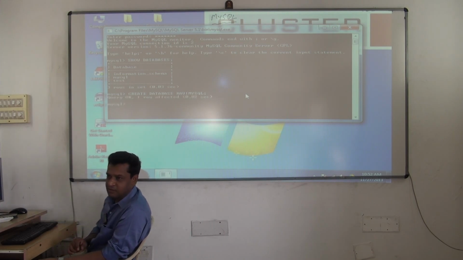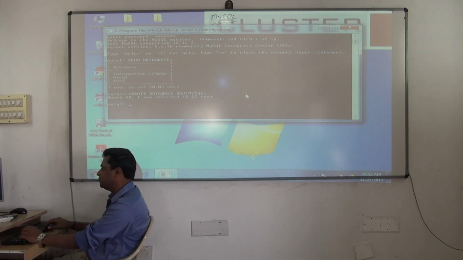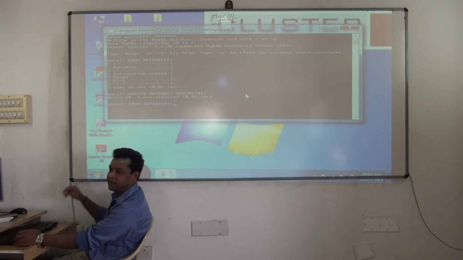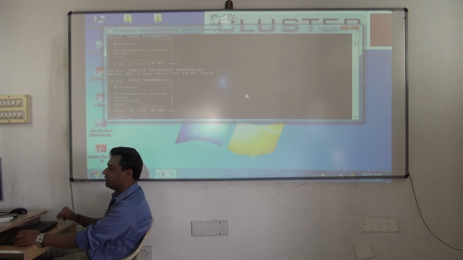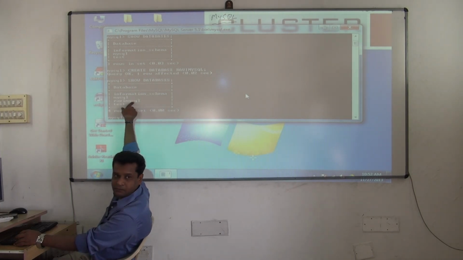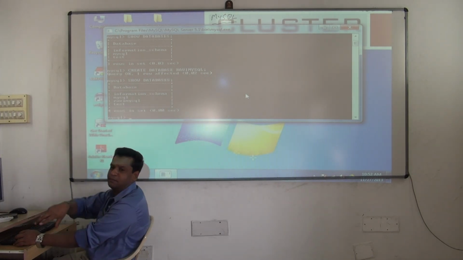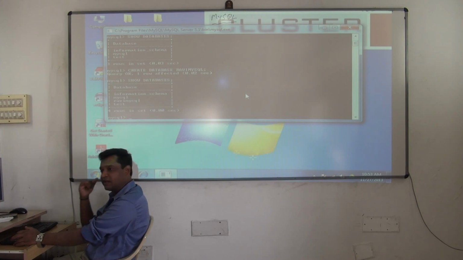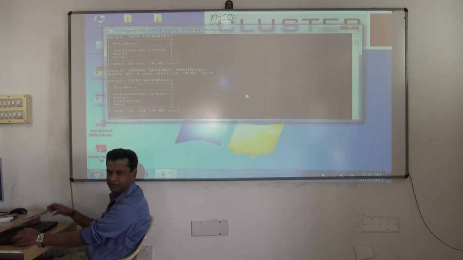Query OK. So all these queries are being submitted to what now? MySQL database. So now I'll execute the same query. Which one? Up down arrow key you can use. You'll get the previous queries. Show databases. How many were there earlier? 3. But now how many are there? 4. Which is the extra one? Ravi MySQL. Understood? So in this schema, I'll create my table now. Actually, we created tables in Oracle in which schema? HR schema. So here I'll create in this new schema which I have created.